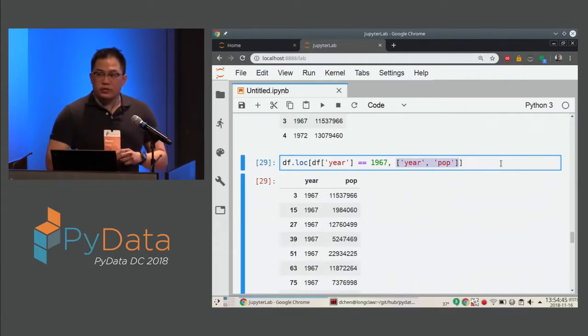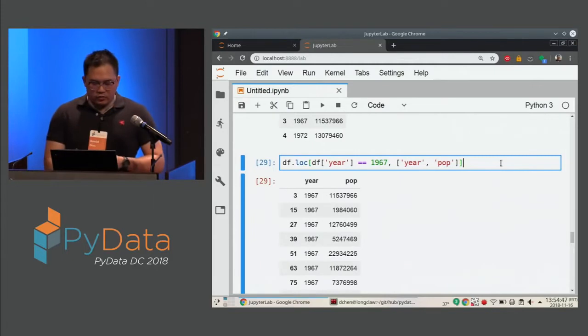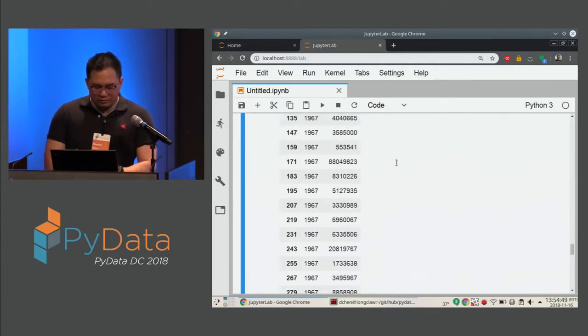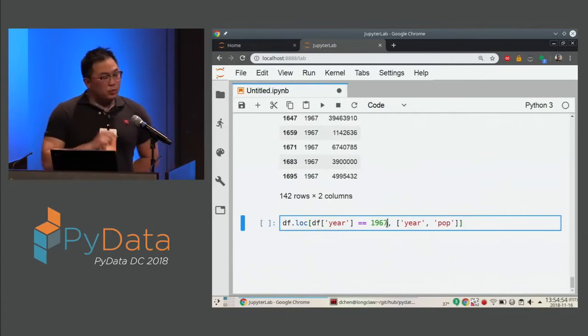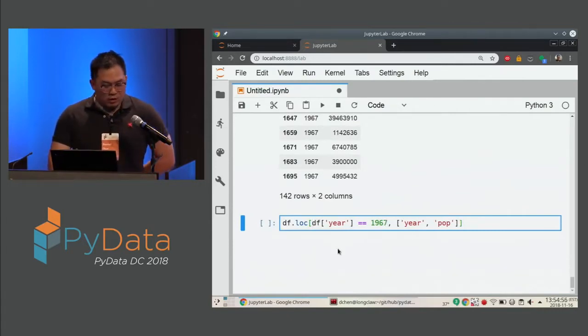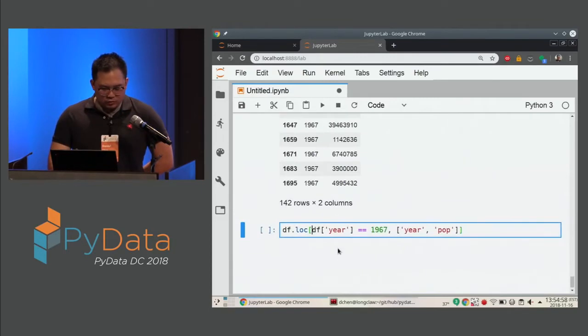All right, any questions so far? That is one more example. We'll do one more example. If you're trying to do this Boolean subsetting and you want to do, for example, multiple